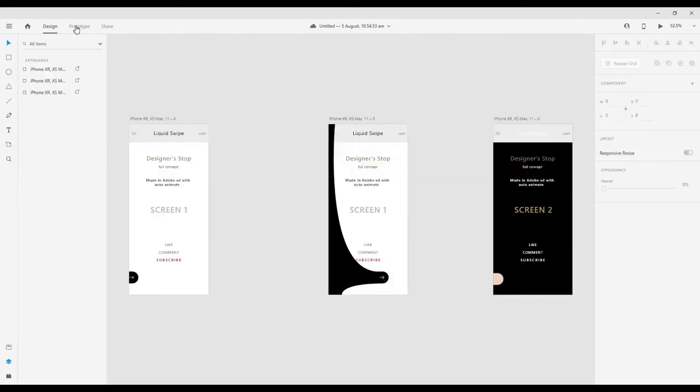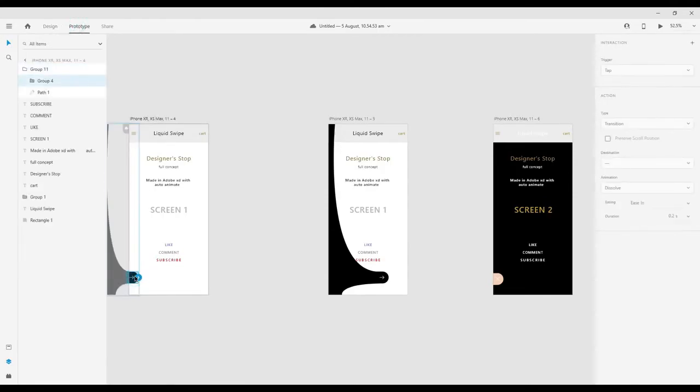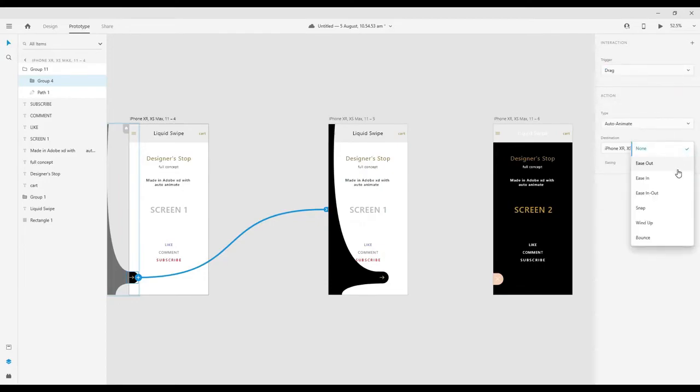Now we are going to prototype these 3 artboards. So click on prototype, then click on this rectangle, select this rectangle and then drag this arrow to the second artboard, and over here select the trigger drag with auto animate and ease out.